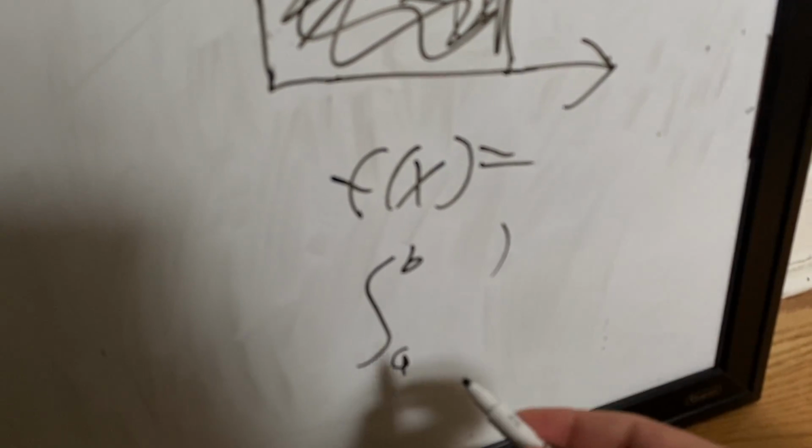And that will let you find the area. Let me write this in a more generalized format. So if there's one takeaway, and you want to learn the generalized point of the integral